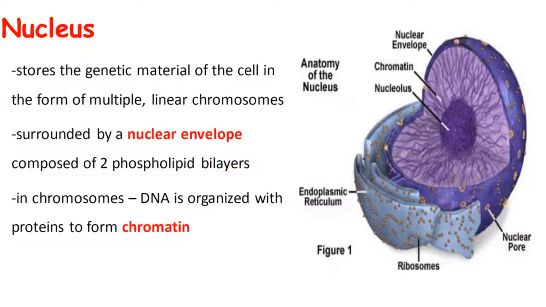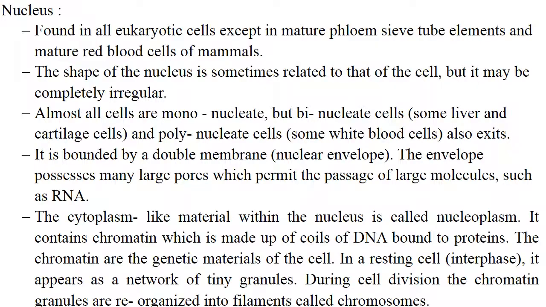Nucleus. It stores the genetic material of the cell in the form of multiple linear chromosomes, surrounded by a nuclear envelope composed of two phospholipid bilayers. In chromosomes, DNA is organized with proteins to form chromatin. It is found in all eukaryotic cells except in mature phloem sieve tube elements and the mature red blood cells